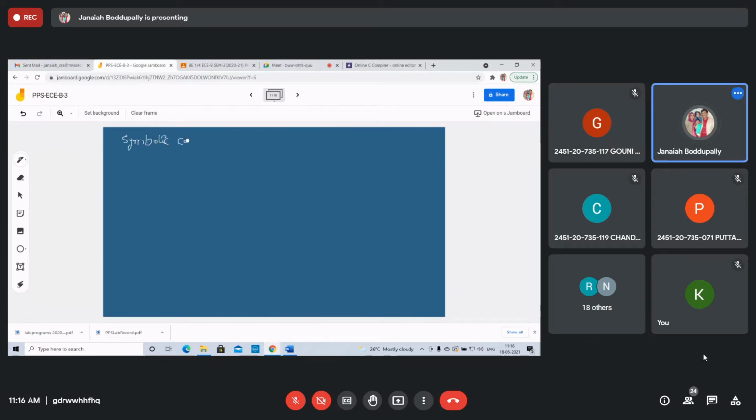For example, like the header files, just #define SIZE 5. Okay, you can write void main.